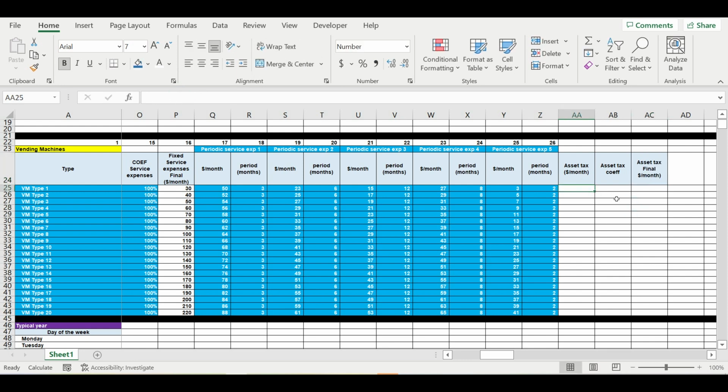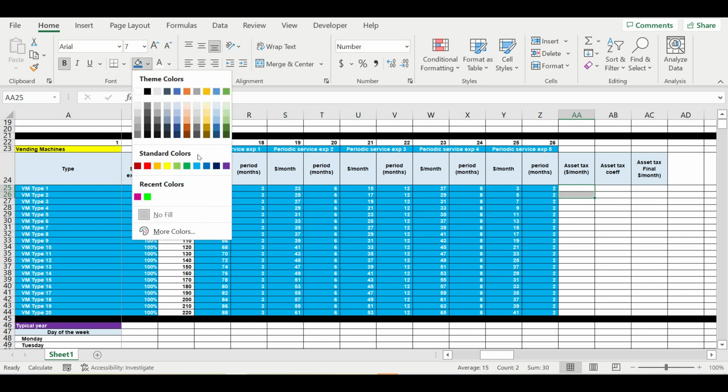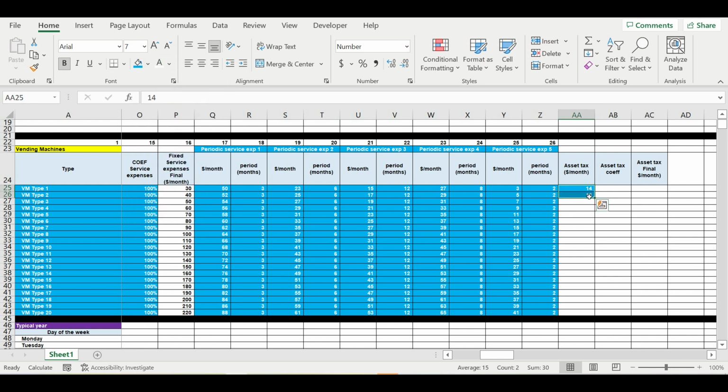Here I will just be putting like $14. This will be the input, so we'll mark it with a specific color. So this will be the coefficient for asset tax, local,